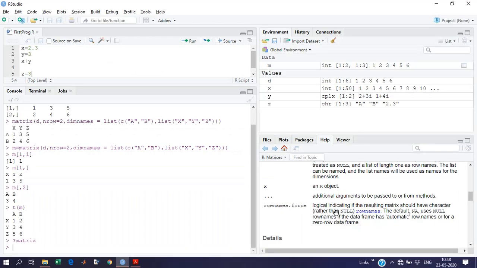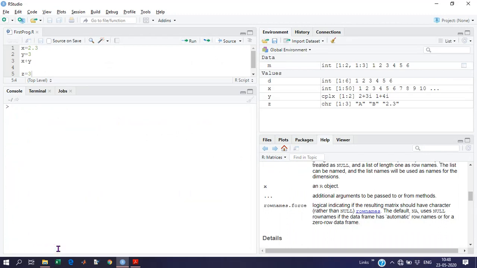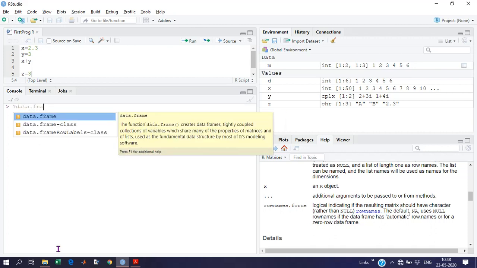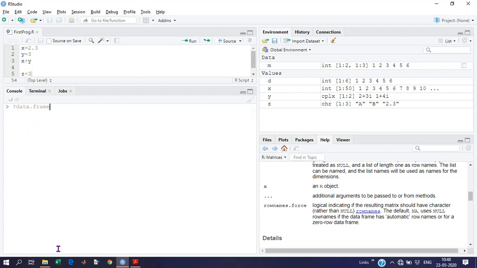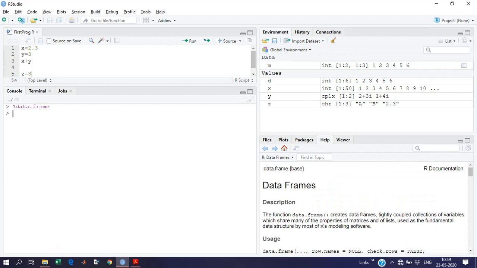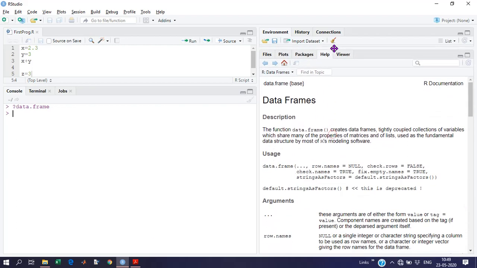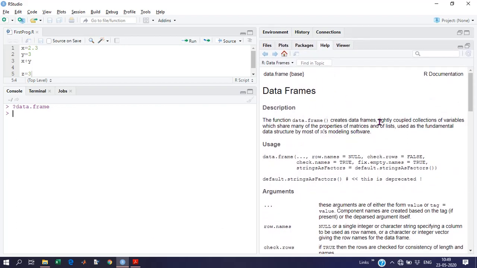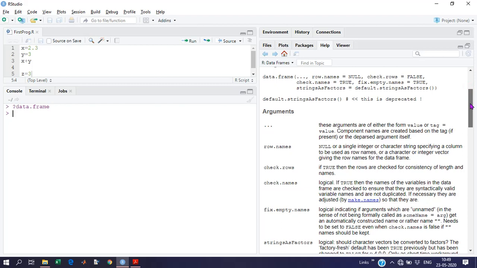Let's take an example before moving towards the data frame. Let's check data.frame, enter. Show me the help of data frame. The data.frame function creates a data frame, a tightly coupled collection of variables, which we have already discussed.